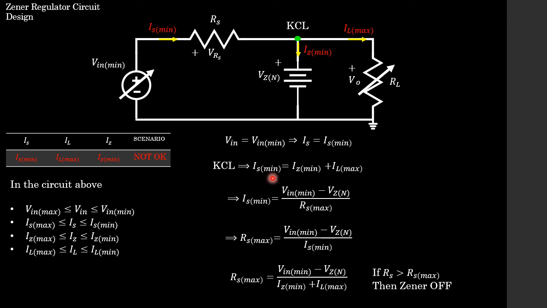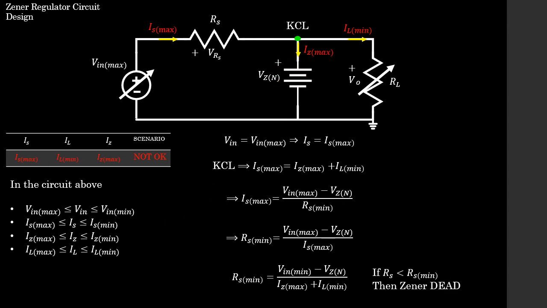for Is min. So we rearrange this second expression to make Rs max the subject, and then we can substitute our KCL expression for Is min in the denominator to get this very beautiful expression for Rs max. So that is the specific maximum resistance magnitude that you can have for this series resistor. And we know that if Rs happens to exceed Rs max, then our Zener diode will switch off, because this minimum current that flows through the Zener diode will be less than the minimum current, and it won't reverse bias